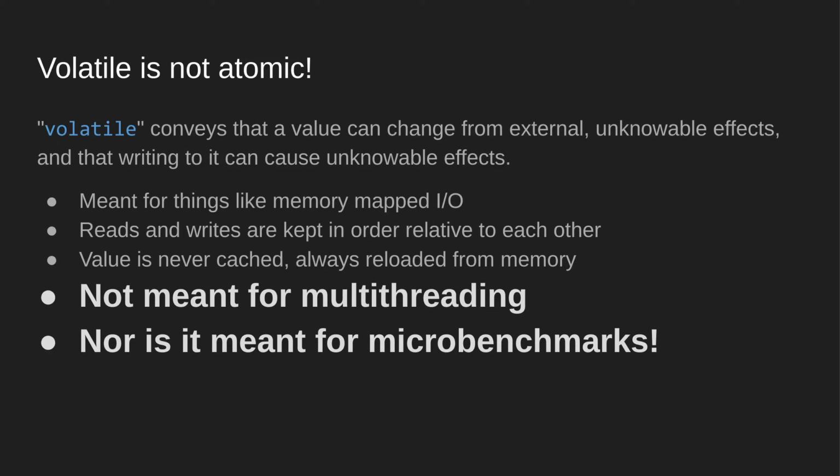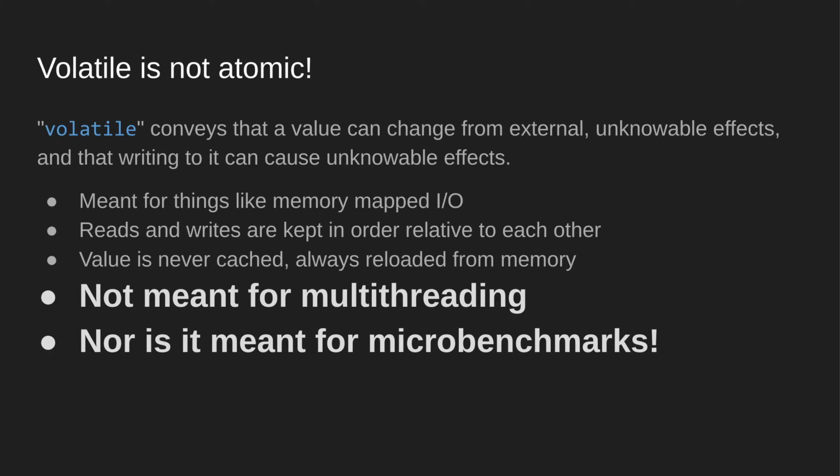You have your memory address, and maybe you have some sort of LCD module set up somewhere, and if you write to, I don't know, address number 20, then you're writing to the LCD's memory, right? So that's what volatile is for. It's meant for things like memory mapped I/O. And there are a couple of guarantees that volatile brings with it, but they are orthogonal to multithreading, right? You can use multithreading and volatile, you can combine them, but you don't have to.